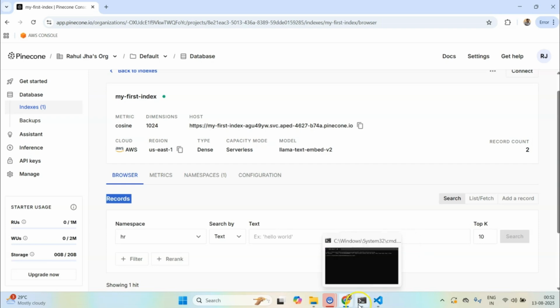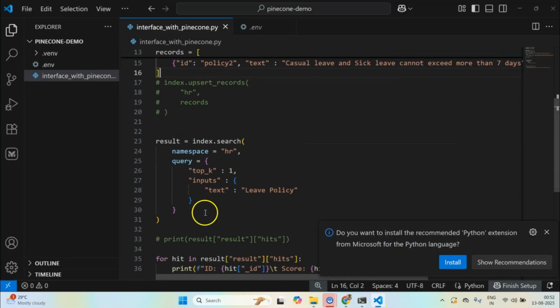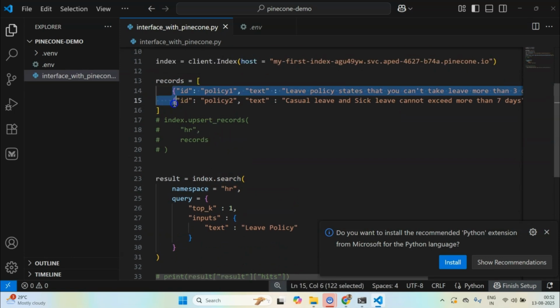When will you feel lag? You will feel lag in index searching, because when you insert documents in large numbers, there will be a delay. You won't be able to search the index immediately. You will have to wait for some time, maybe a couple of hours also. If you have records ranging in millions, you will probably have to wait for 30 minutes or 1 hour before you can actually search.